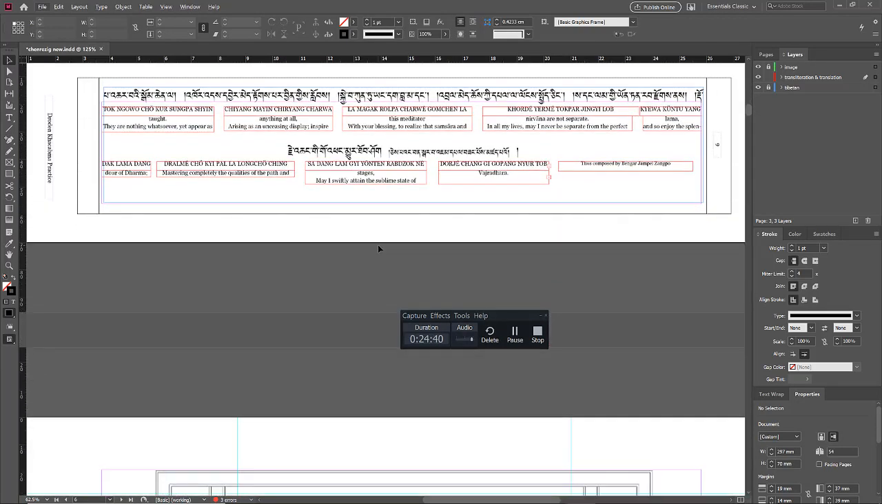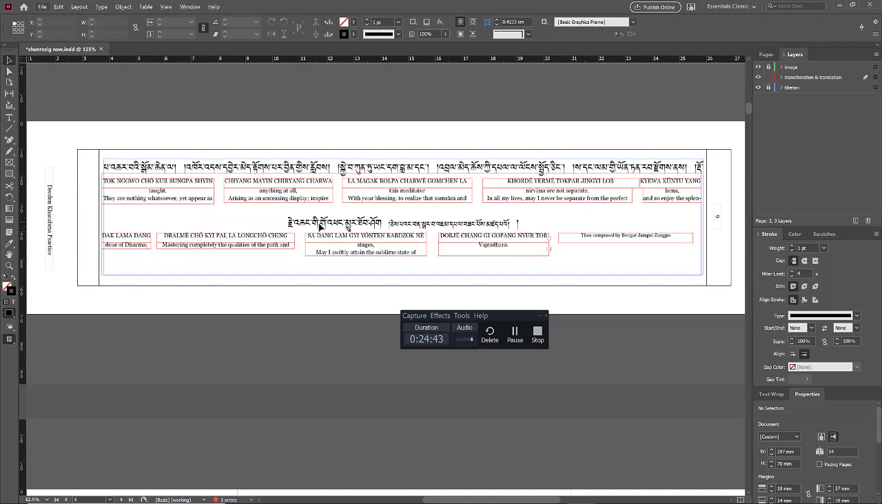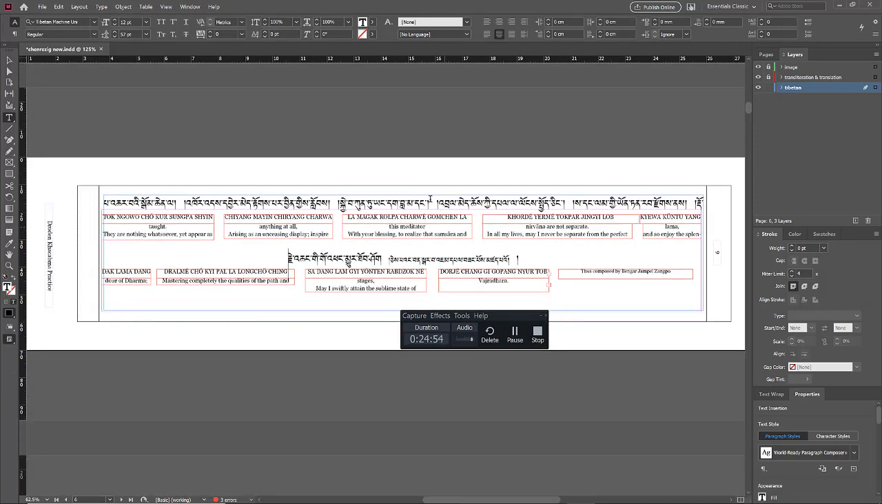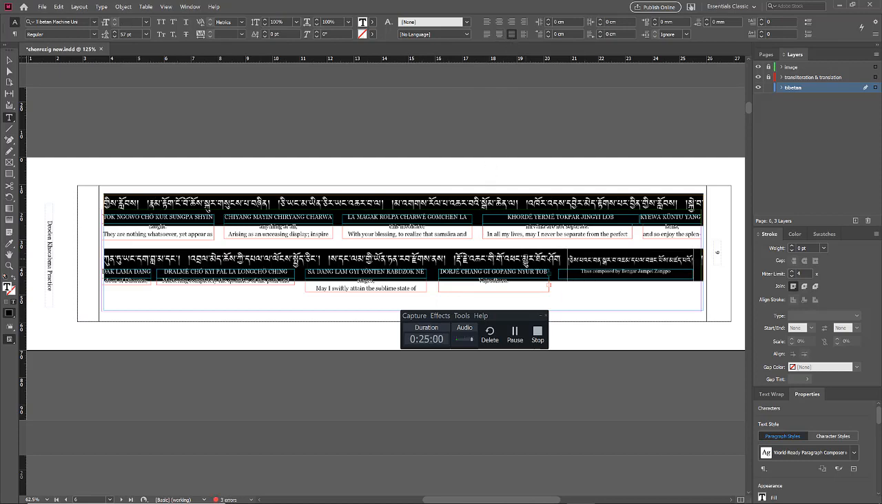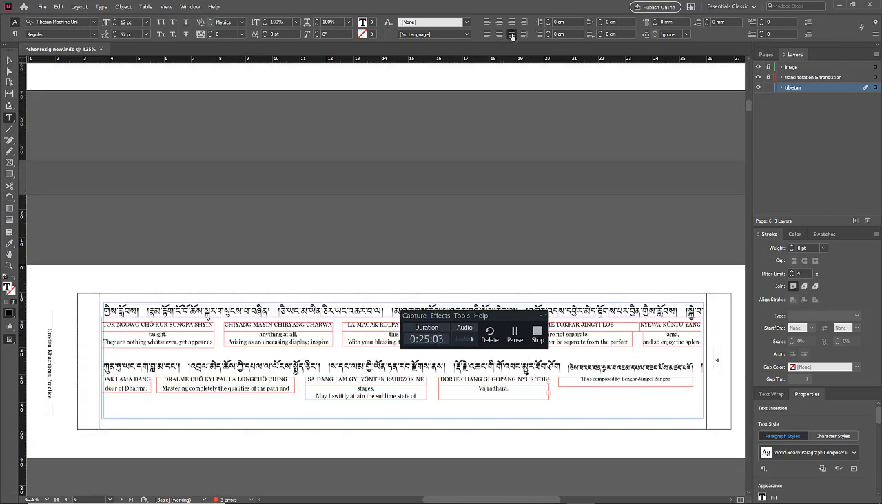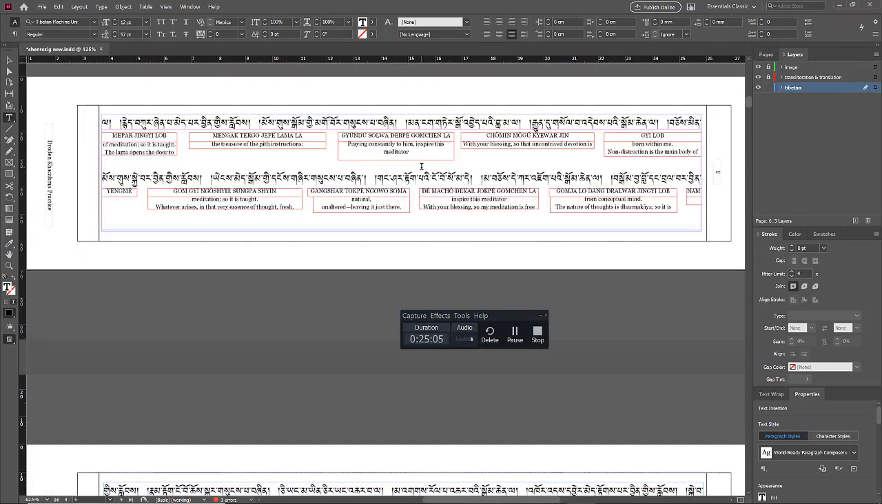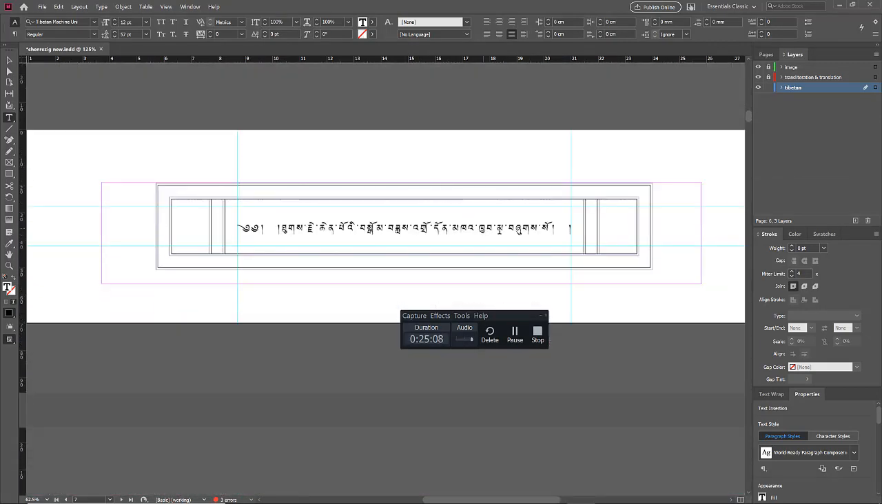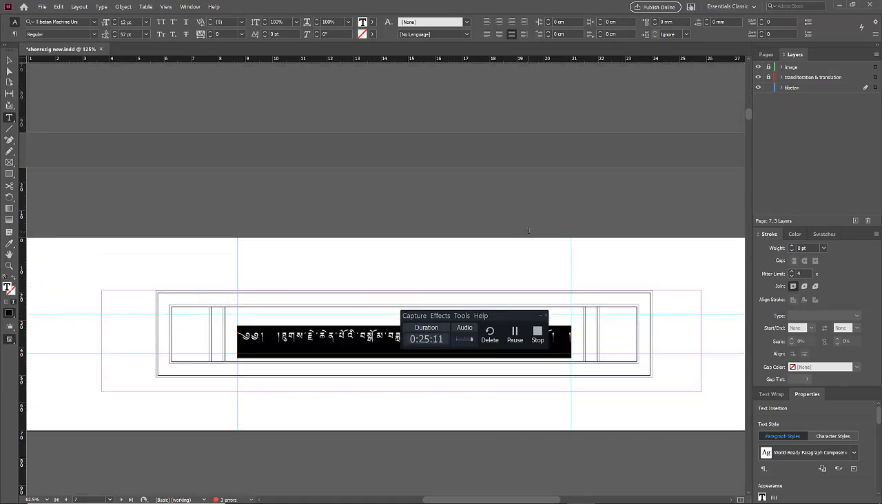Let me see here. Okay. So when you justify all lines, remember to select this option, justify all lines. It might create something like this. So what you want to do is maybe do something like